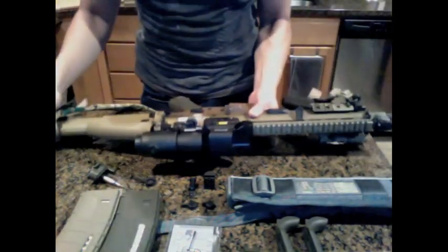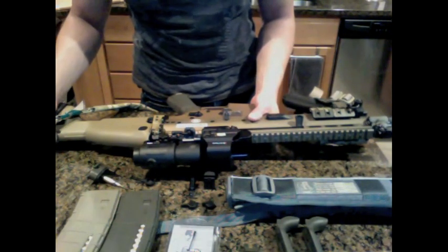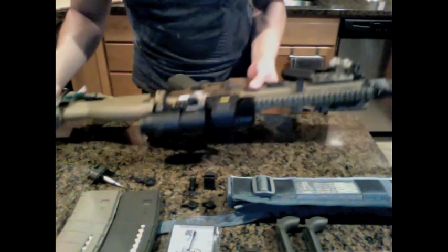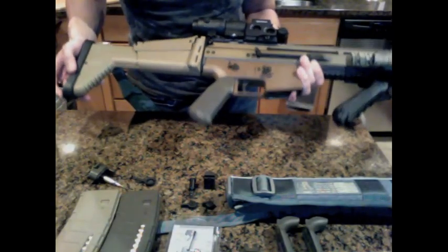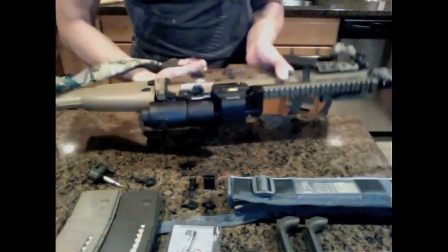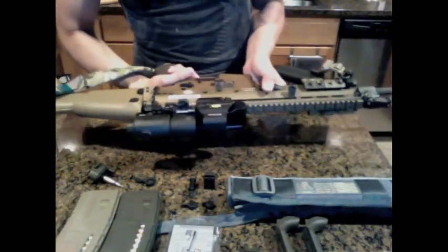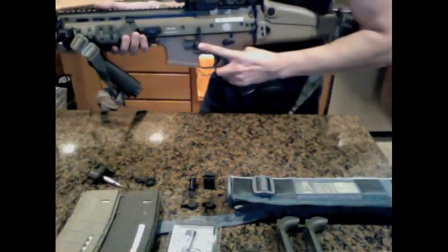Now, one thing I wish this did have was an ambidextrous bolt release, which the ACR does have on the enhanced version. And I did try getting a battery assist lever to kind of fix that, but I'll go over that later, but that doesn't fit on this weapon. It does have an ambidextrous magazine release, so I can release from here, and also from here if I need to,